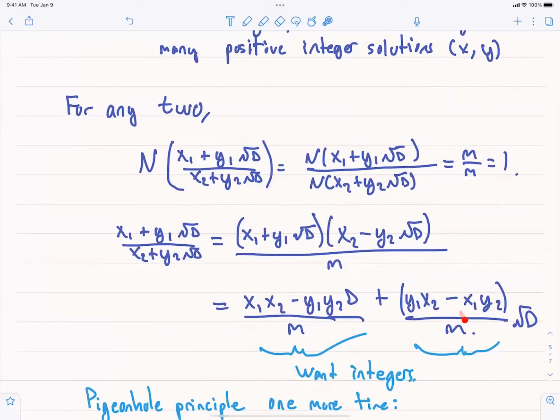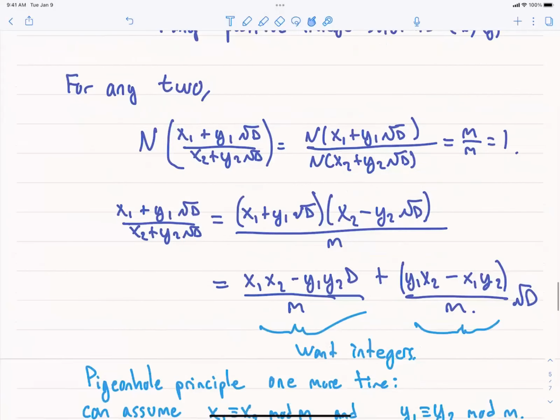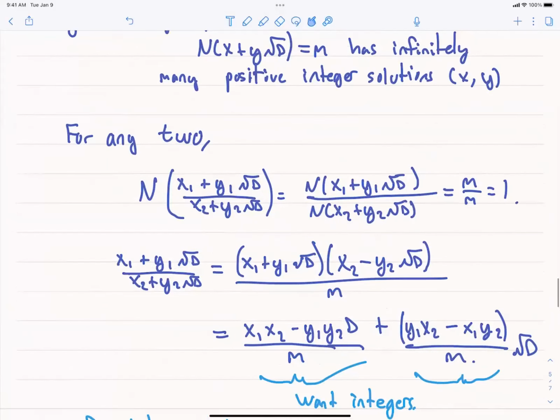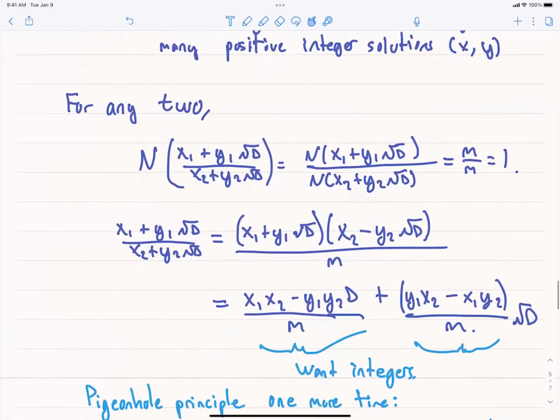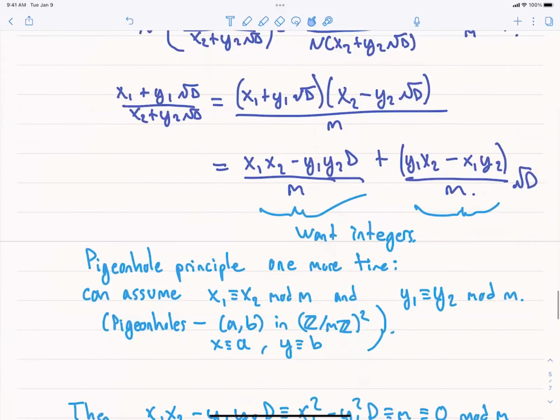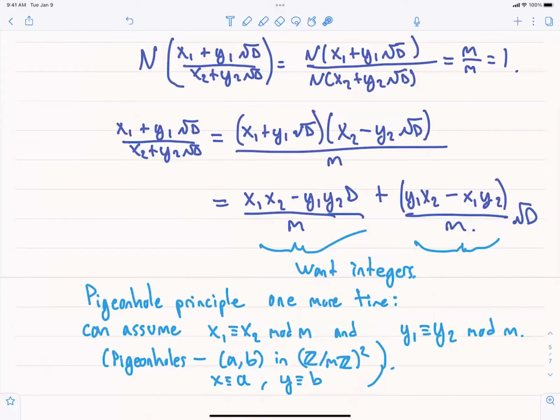These aren't always going to be integers, but I can apply the pigeonhole principle again. For any two of these, I have infinitely many choices, because I have infinitely many positive integer solutions. They give me the norm of x plus y square root of d is equal to m. So in particular, I can use the pigeonhole principle to take the two solutions